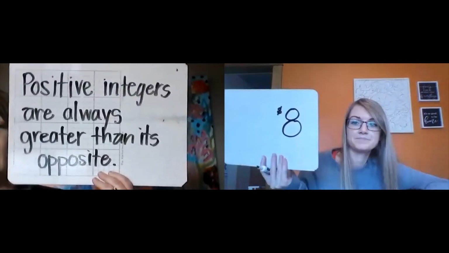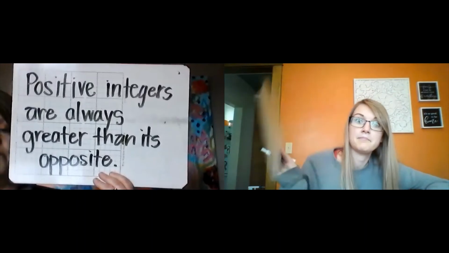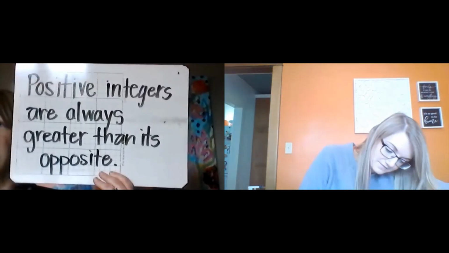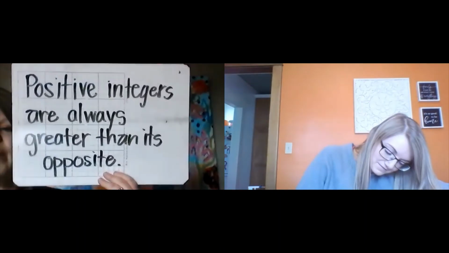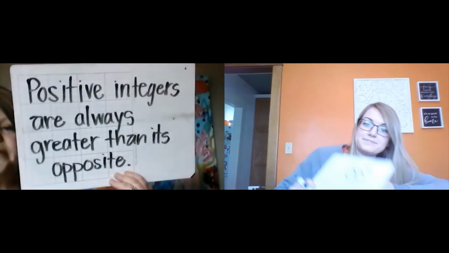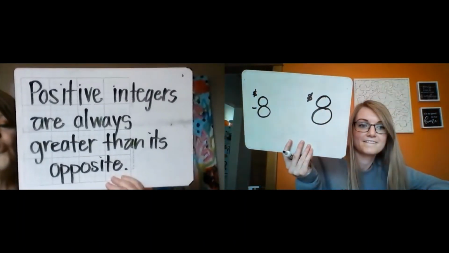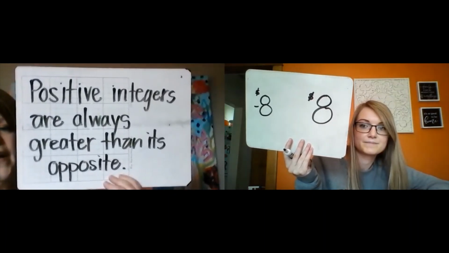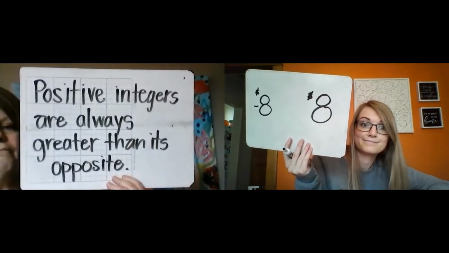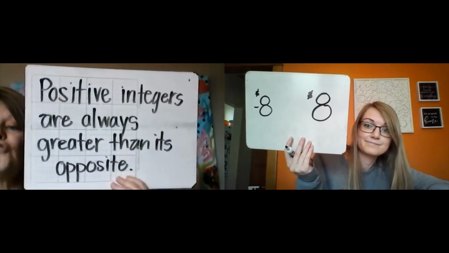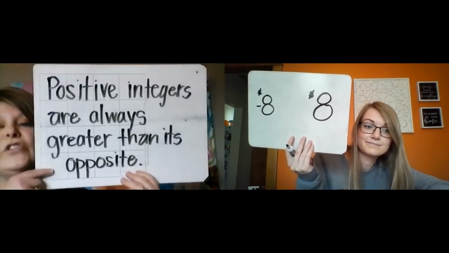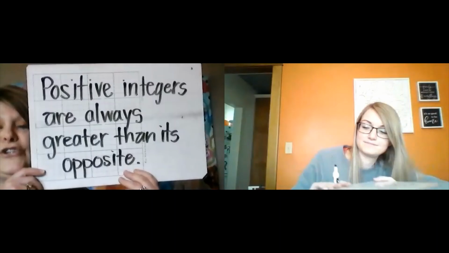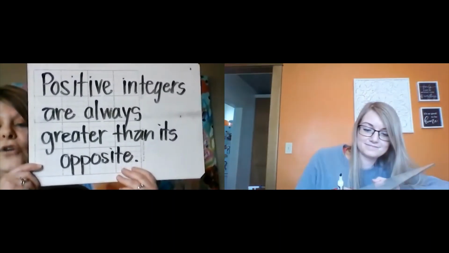And its opposite would be negative $8. Oh, -8. Back to owing Mr. Decker again. Dang it. Okay. So is it true that the 8 would be bigger than the -8? Yeah, it would. So we would say that this is a true statement,